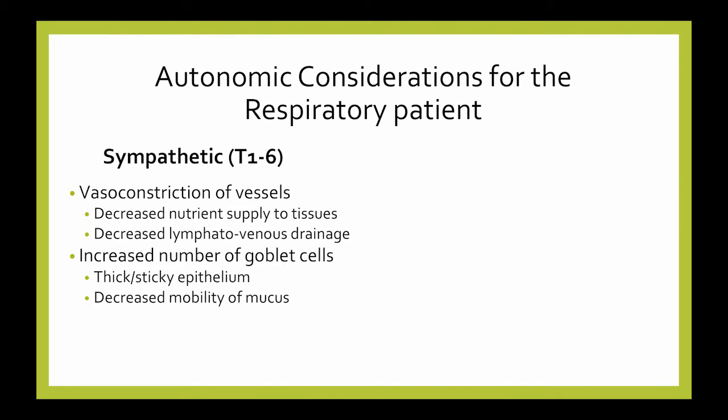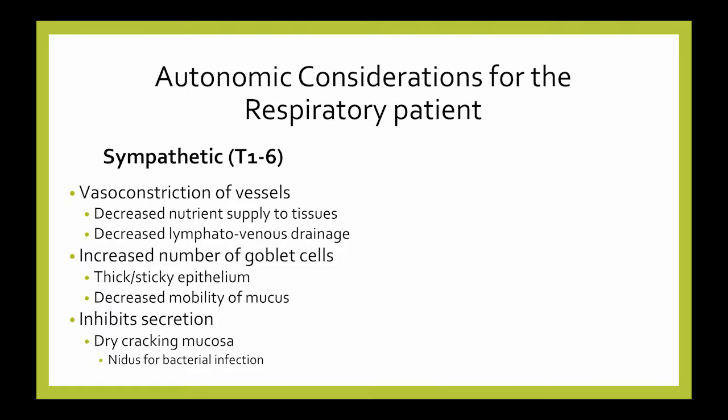If you also get an increase in goblet cells, this can cause a thick, sticky epithelium and can also decrease the mobility of the mucus. So the mucus can actually get stuck in the lungs or even in the overall respiratory system. Increased sympathetic activity also can inhibit secretions, which causes dry, cracking mucosa, or nidus, which leaves room for bacterial